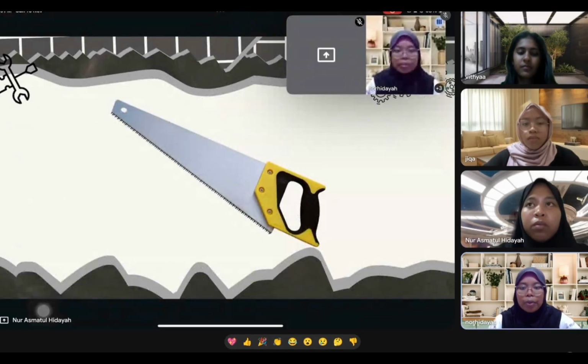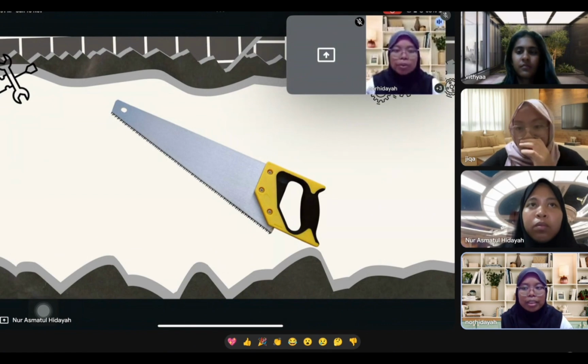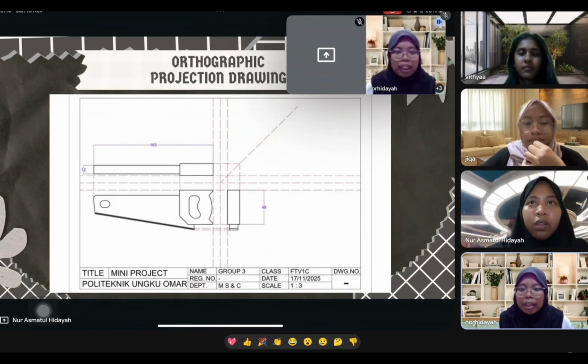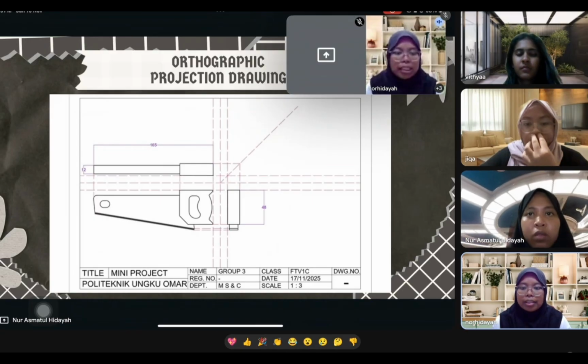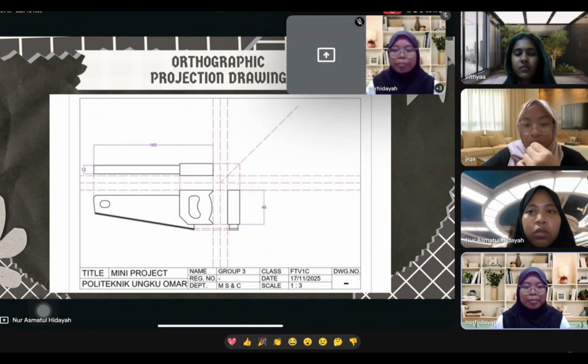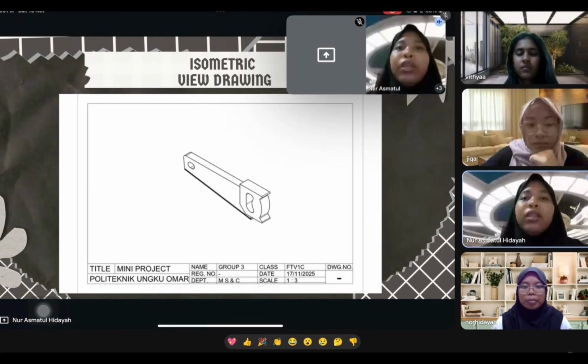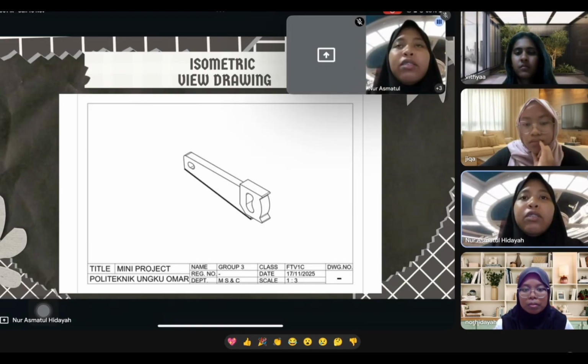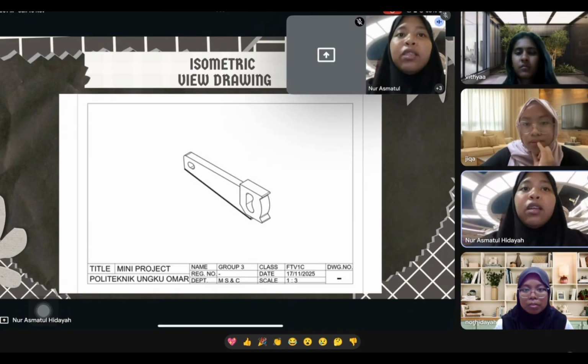This is the handsaw that we use as our reference to create orthographic projection and isometric drawing. As you can see, this is the orthographic projection drawing for the handsaw. We have the title block in the orthographic projection drawing, and also we can see the top, the front, and the side view of the handsaw. Our isometric view drawing. We can see a 3D view from this isometric, which includes our title blocks,